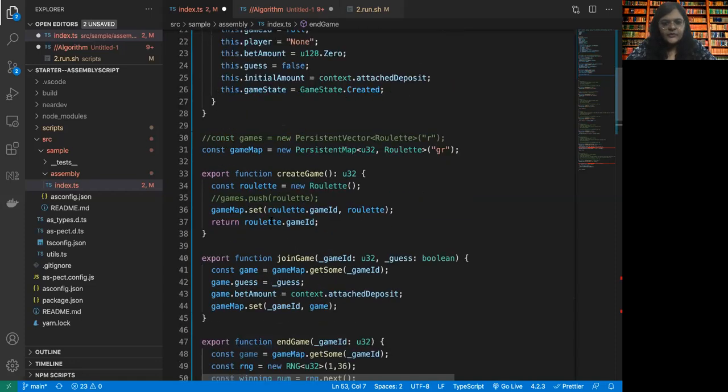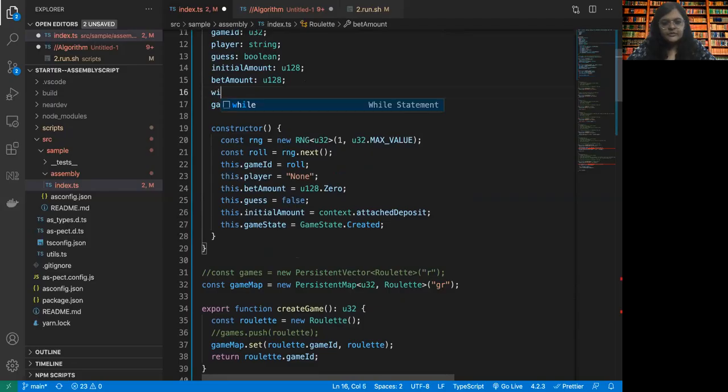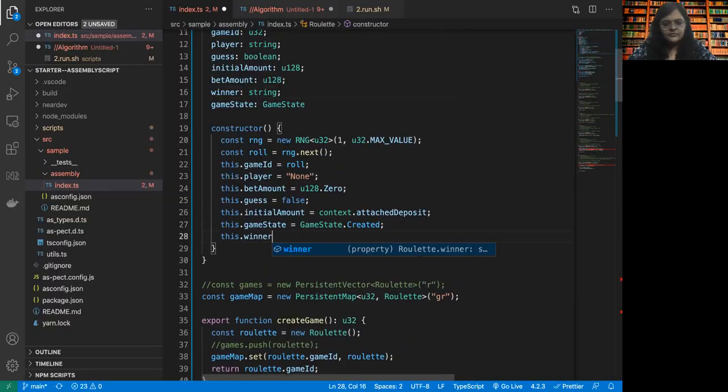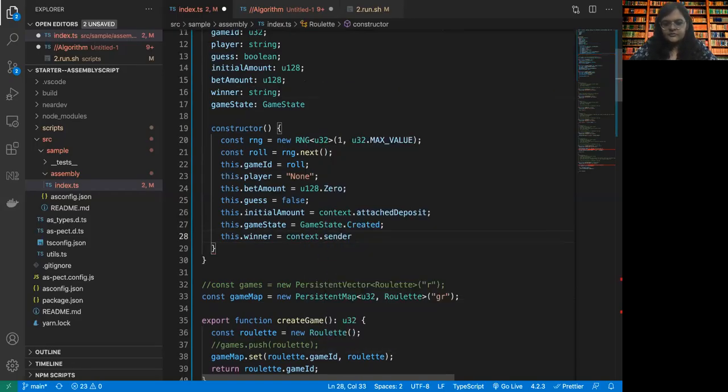Should we also have a winner? Yeah, we should. So here the winner, let it be the context dot sender by default. That is us, I mean the game itself.